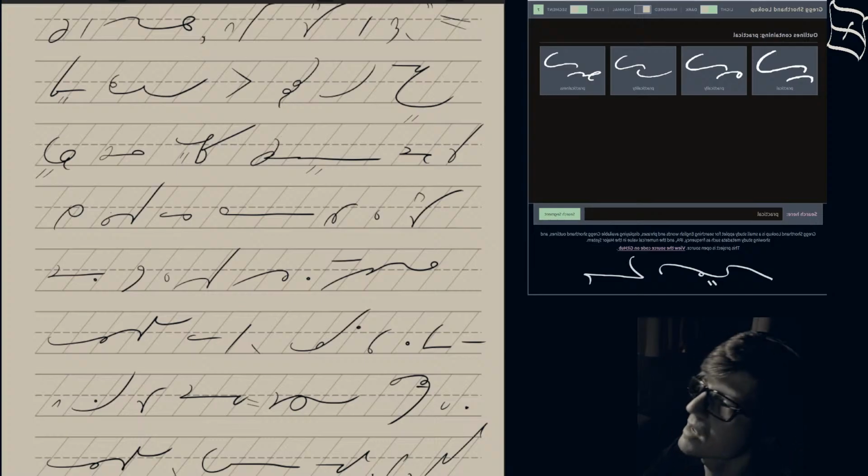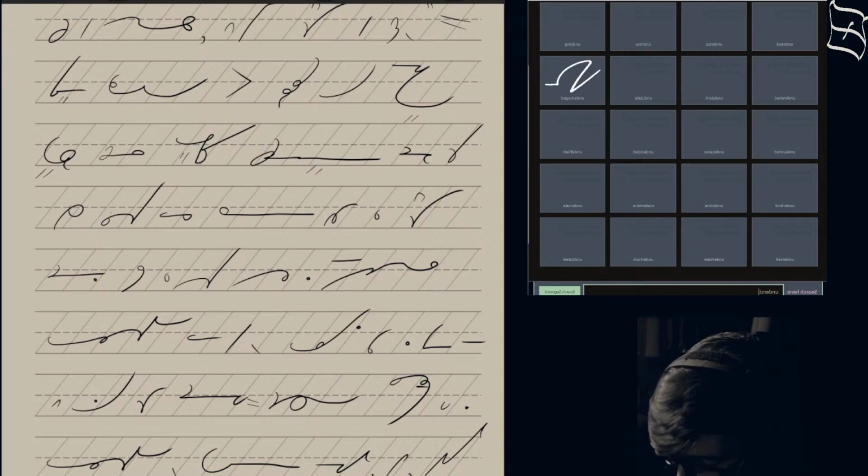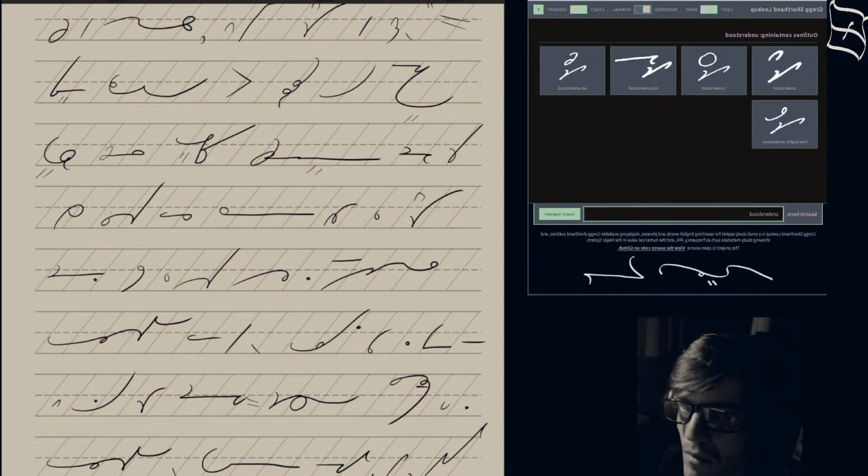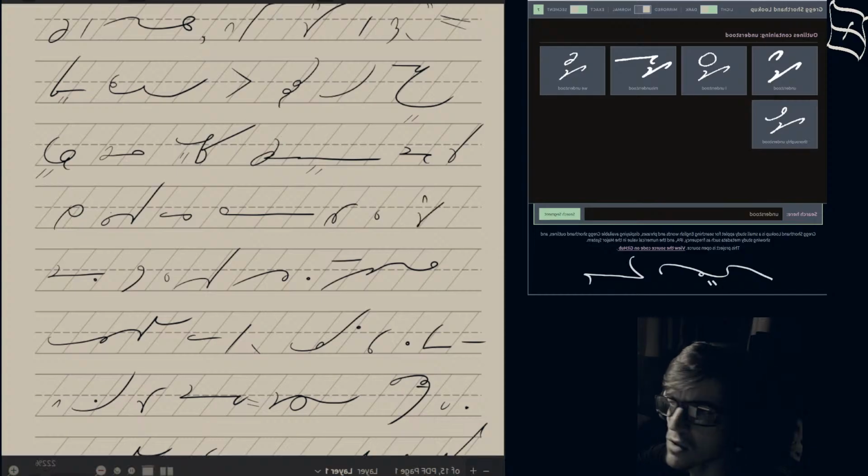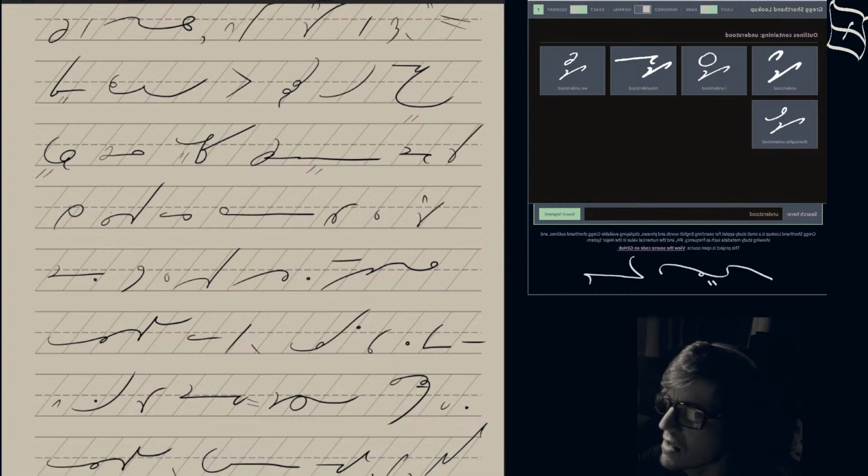Is understood the same as understand? I'm pretty sure they are. No, understood uses the U-hook. That's right. Understood has a U-hook. He only understood. So let's fix this. Understood. I also need to check whether.